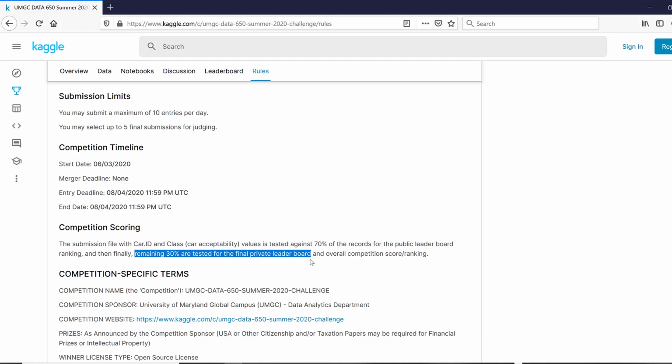So the entire 100% is scored after the competition closes. It goes through the 100% of your file and comes up with a new scoring. So it's quite likely that the score that you see for your submission may not be the same after the competition ends. It may go higher or it may go lower depending on the model you've created. But this is just to have some interest and some suspense towards the end.